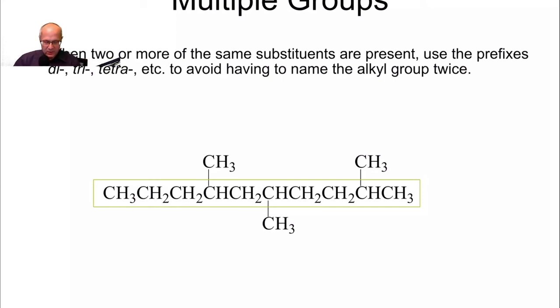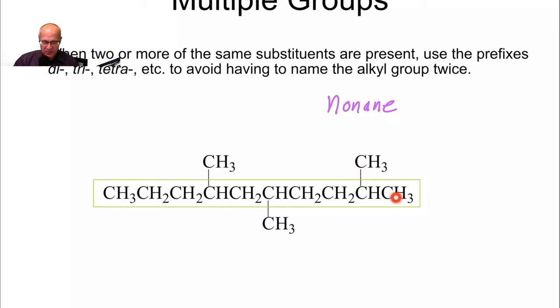All right, 1, 2, 3, 4, 5, 6. Nope. 1, 2, 3, 4, 5, 6, 7, 8. Okay. 1, 2, 3, 4, 5, 6, 7, 8, 9. So there's our longest carbon chain right there. It's actually squared off for us. So this is a nonane. And we need to number the carbons from the terminal carbon closest to the first substituent. So here, if this is carbon 1 and that's carbon 2, so carbon 2 is my first substituent